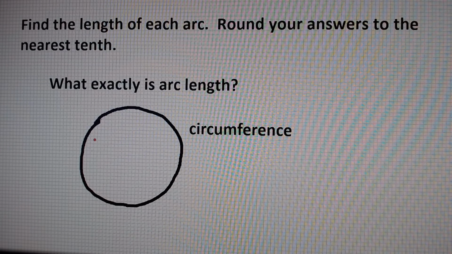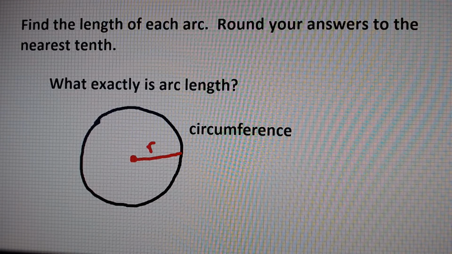One way to find the circumference of a circle is if we knew what the radius was, and the radius is a line from the center of the circle to the edge of the circumference. We call this the radius. And the formula to find the circumference of the circle equals 2 pi times the radius, or 2 times 3.14 times whatever the radius is, will give us the distance around